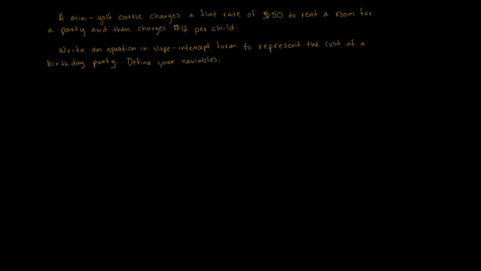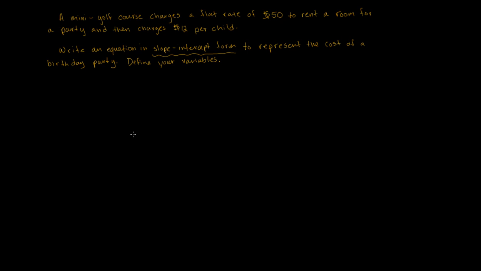A mini golf course charges a flat rate of $50 to rent a room for a party and then charges $12 per child. Write an equation in slope-intercept form to represent the cost of a birthday party. Define your variables. Okay, so what we're trying to do here is attempt to find an equation and then